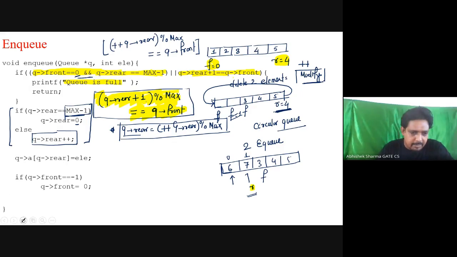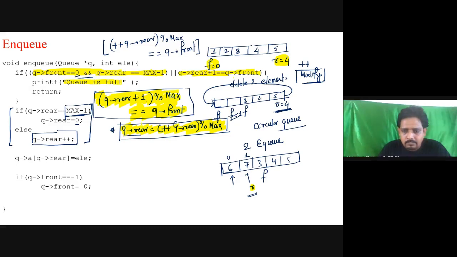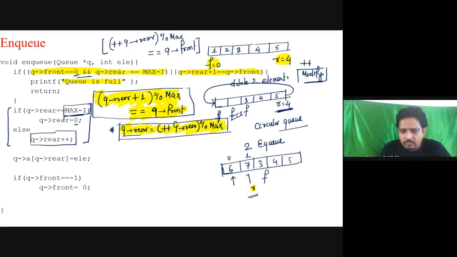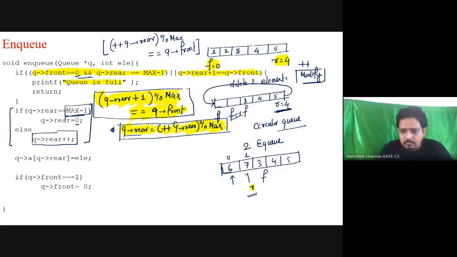I'm giving you a variation, and I want you to understand whether that variation is okay or not. Please check very carefully.